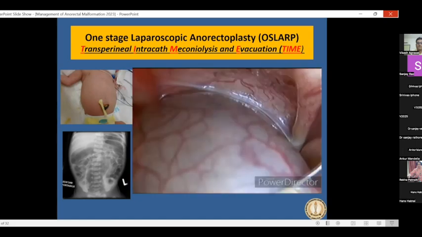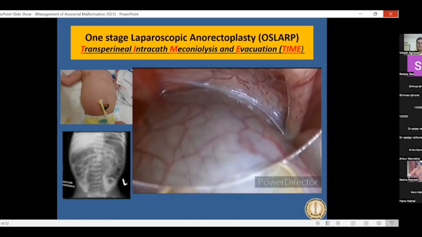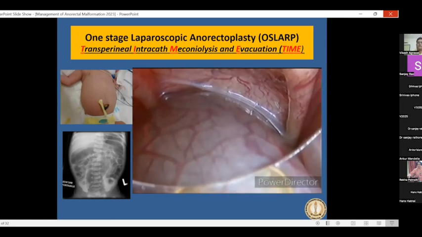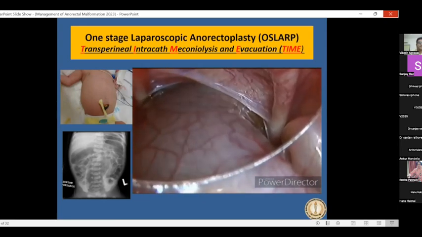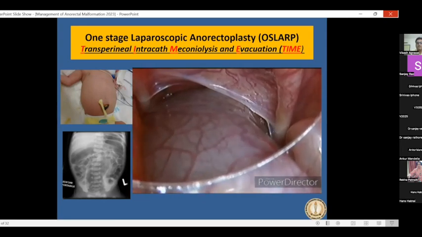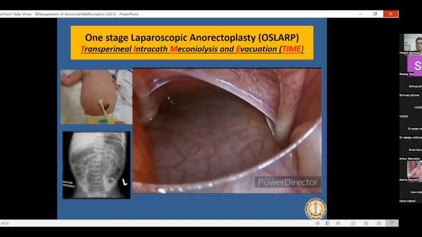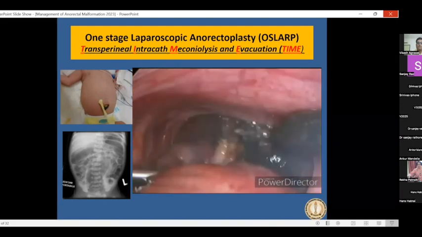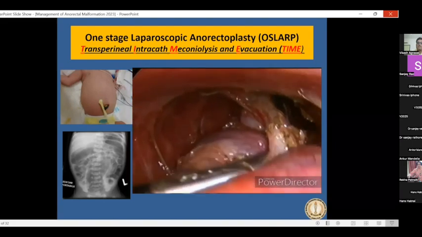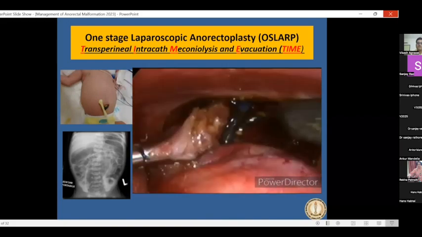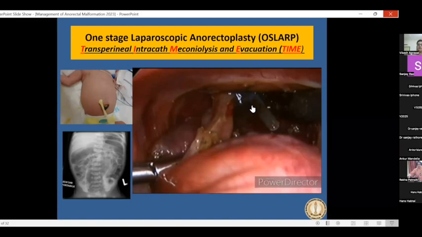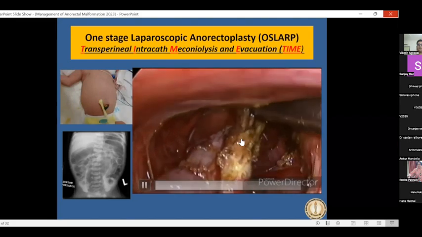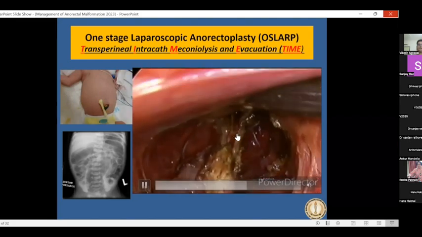So this is the transperineal TIME approach, with which the intracath is put inside the rectum. As such, we don't use guidance, but in a few cases we have used ultrasound, though it is usually not needed because the rectum is so dilated and bulging low down that the intracath goes straight into the rectum in one go. And here you can see the whole of the air is aspirated, and you can put some saline and acetylcysteine, deflate the colon completely, and give a wash. The intracath is seen at the level of the fistula entering into the rectum. You can see there is no spillage of the meconium into the abdominal cavity because you have already deflated everything.